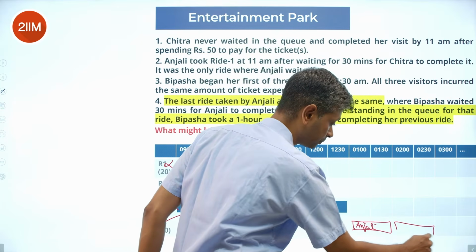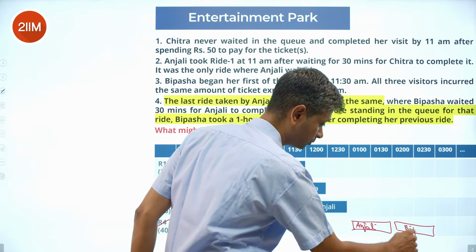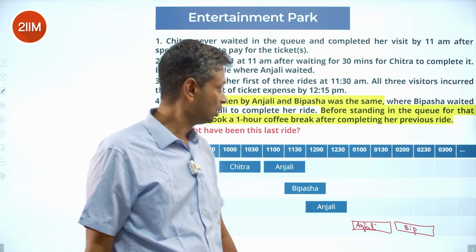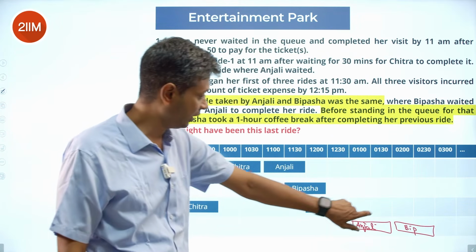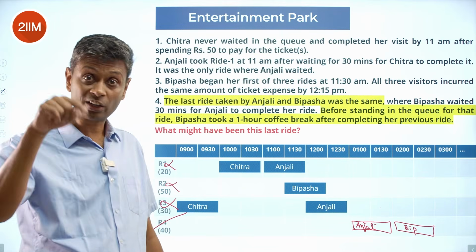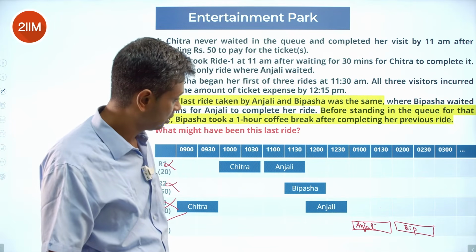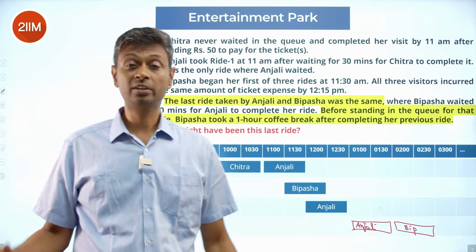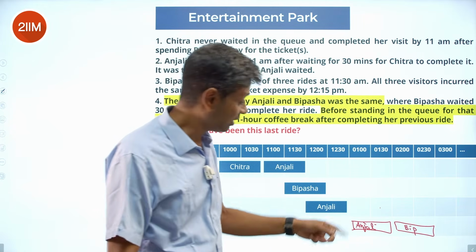And this would be Bipasha. If that were Bipasha, that is her last ride, mind you. She waits for half an hour, it would have been a waiting time, and takes a 1-hour coffee break before that. So after R2, she takes a coffee break for an hour, waits for half an hour,